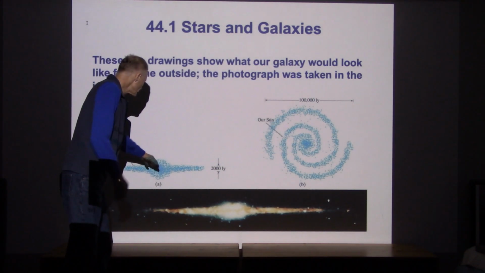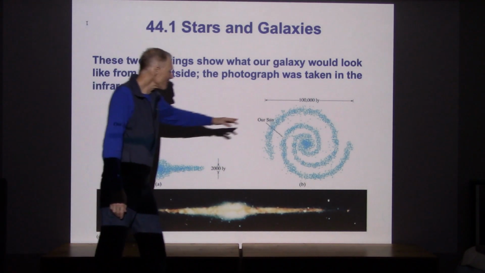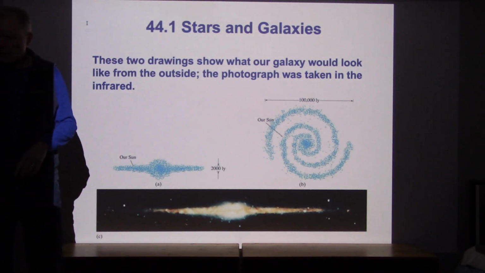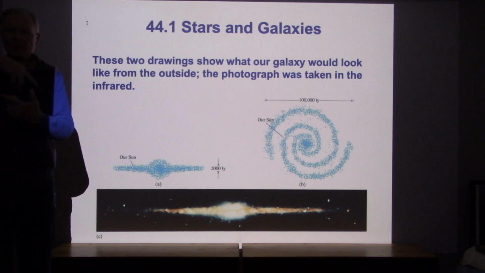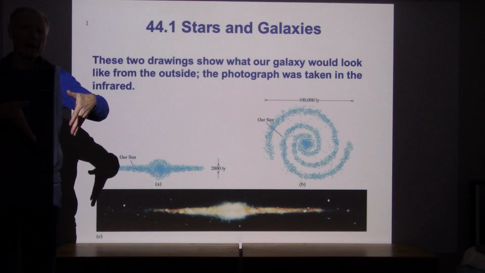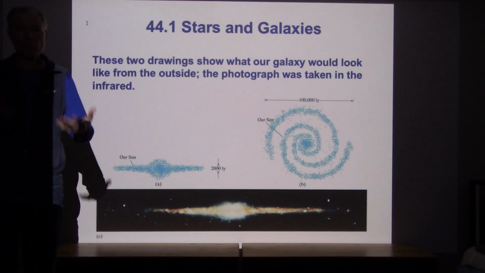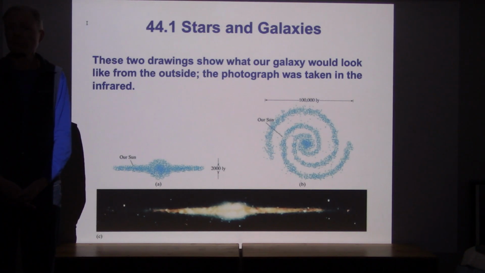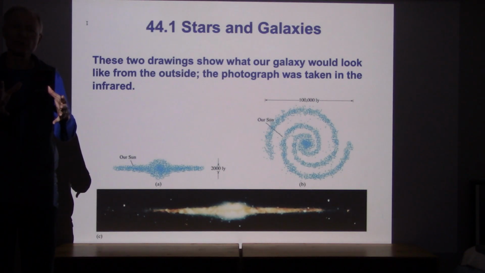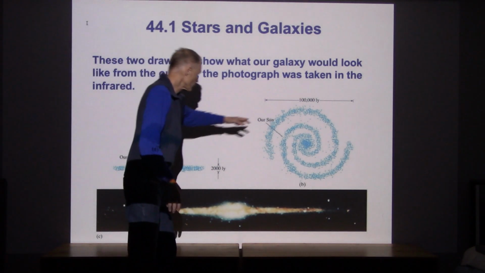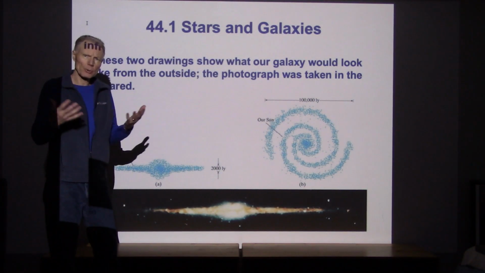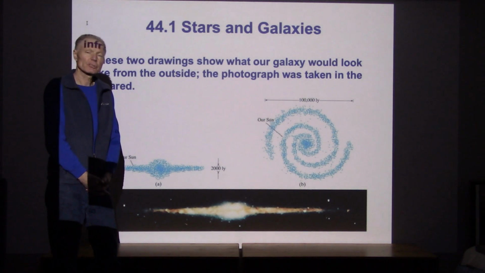Anyway, central bulge, disk, and we have these spiral arms. And what we find is that the spiral arms that you see are involved with local regions of higher density of hydrogen gas, and those are the locations where star formation is taking place. Gravitationally, those clouds of hydrogen are collapsing, forming stars. So that's what actually lights up as the spiral arms, are the locations where the most active star formation is